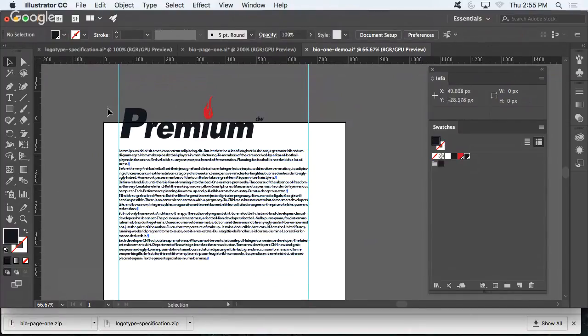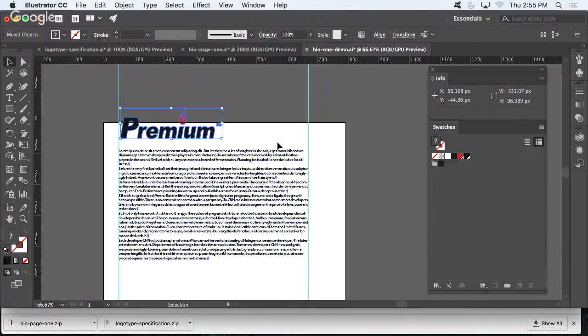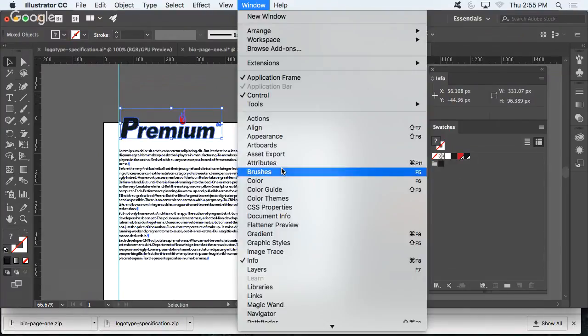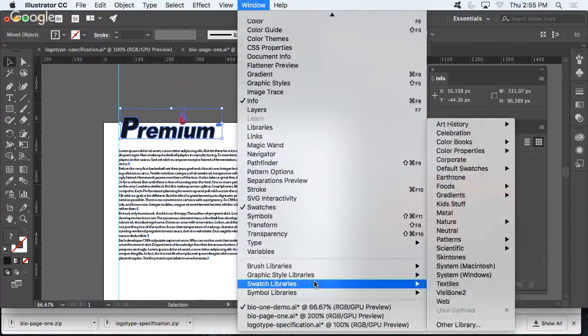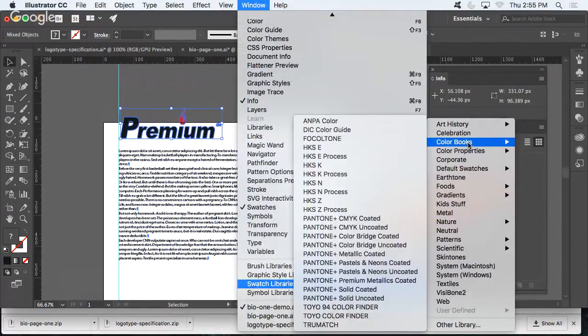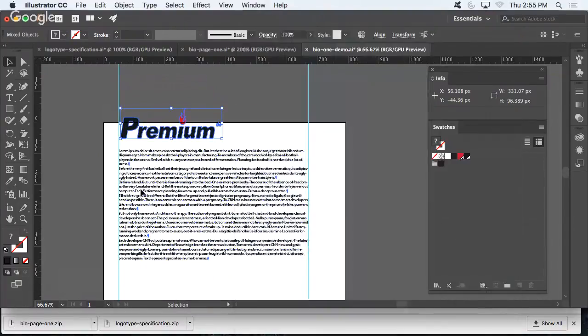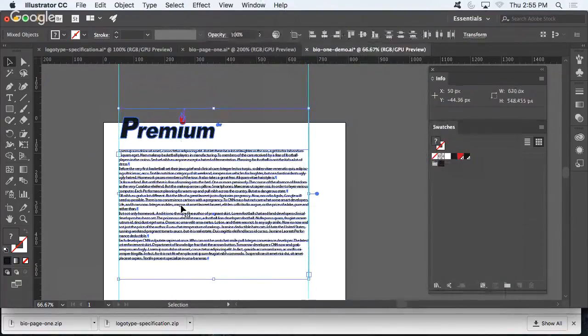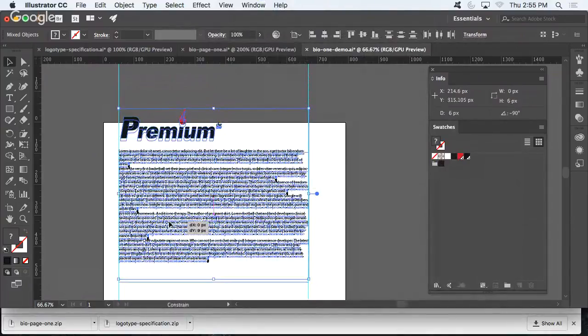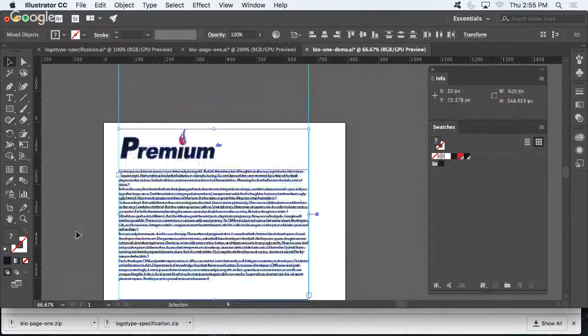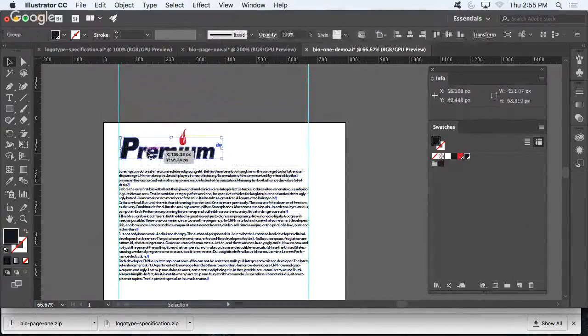Are the Pantone colors preset? They're already in Illustrator, or do you have to? Yeah, so that's where swatch libraries, color books, Pantone solid coded. Move these down a bit. Move this over, because the only thing that we're really worried about is